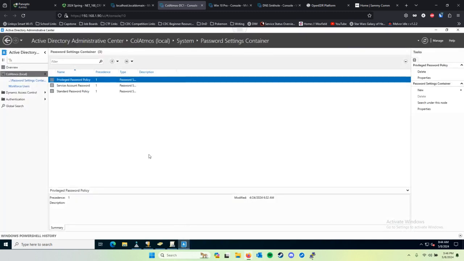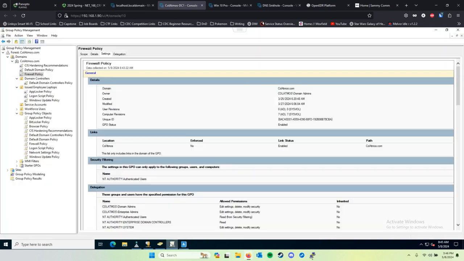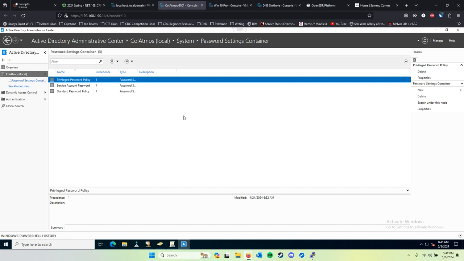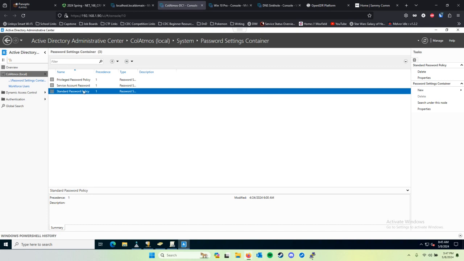The next thing that we handled is password settings enabled through Active Directory Admin Center. The way that password policies work by default is you can only apply one, and it's through the default domain policy. However, if you handle your password settings through Active Directory Admin Center, you can actually apply different password policies to different groups. So if we look at this standard password policy and we look at the properties of it,